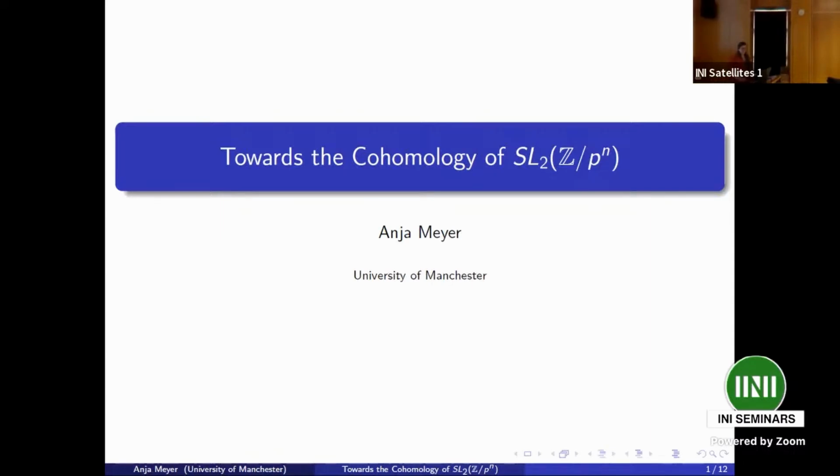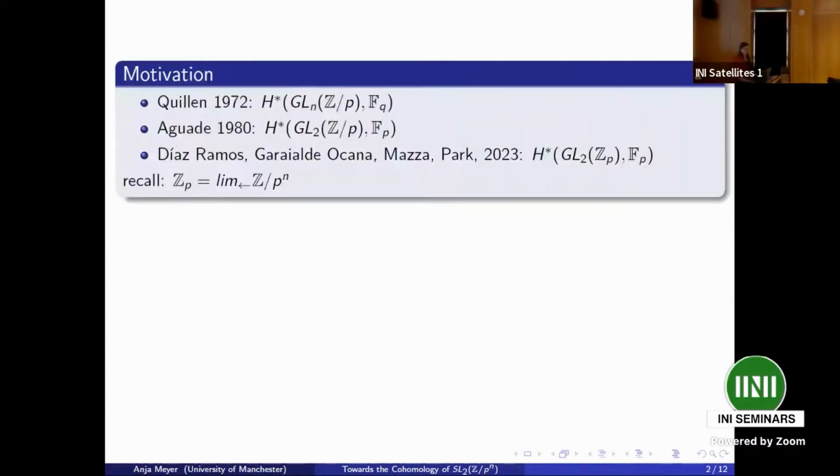So one would ask why matrix groups, and why cohomology of matrix groups. Well, it actually goes back quite a lot. In his very famous 1972 paper, Quillen looked at the cohomology of GL_n over F_p with Q coefficients, where Q is a prime different from P. You might be aware from representation theory, doing things in dividing characteristic is always a bit more challenging. So it took Aguadé 12 more years to actually move into dividing characteristic, and he computed the cohomology of GL_2 over Z_p with F_p coefficients.